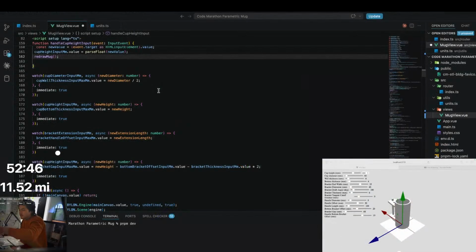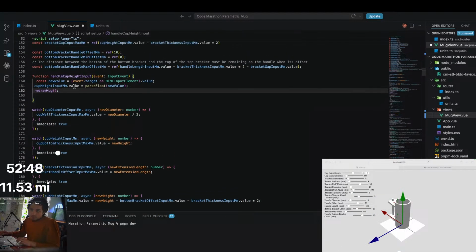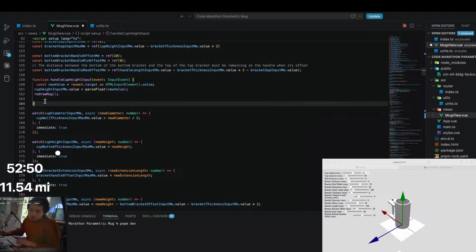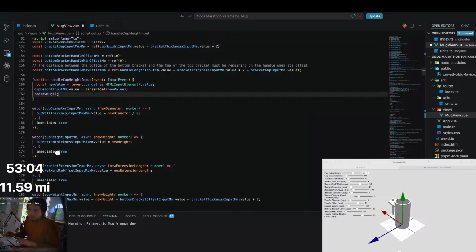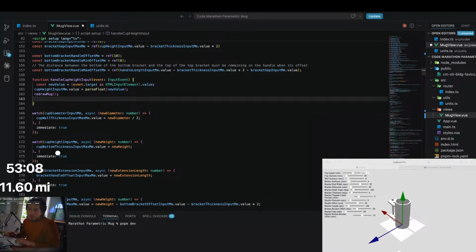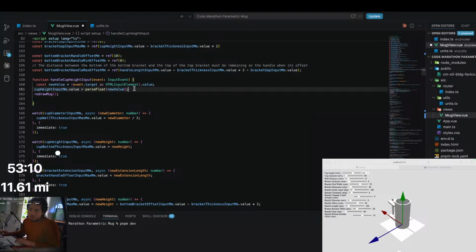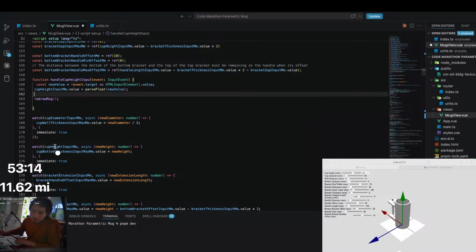Oh god, now you guys can see what I was just doing in VS Code. What I just did is updated this function. So now we're grabbing the value by casting the event target as an input element, parsing that float into a number, even though I think it already would have been a number, and then we're redrawing the mug. But before we redraw the mug, we should also, if we look down here, this watcher,